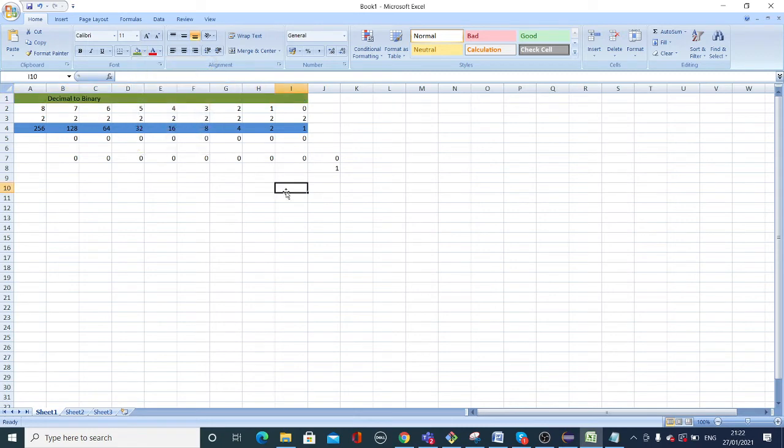But when it is 1, you need to see where the 1 stands. So when you are converting any decimal value to binary values, you need to follow this pattern. So if it is 1, where is 1? Here, yes. So here you put 1, all other would be 0.